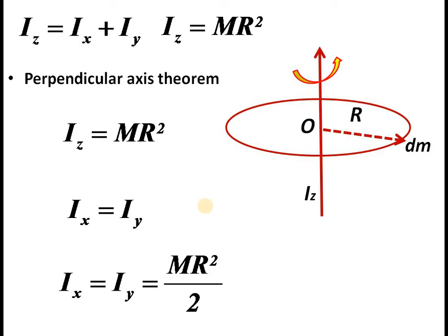So you see, the moment of inertia with respect to the axis perpendicular to the plane is 2 times that due to an axis lying in the plane. This is half, but this is m R squared, so Iz is greater than Ix. So we could find the moment of inertia of the ring or hoop with respect to different axes. By knowing one of the values, you can easily calculate the remaining values.